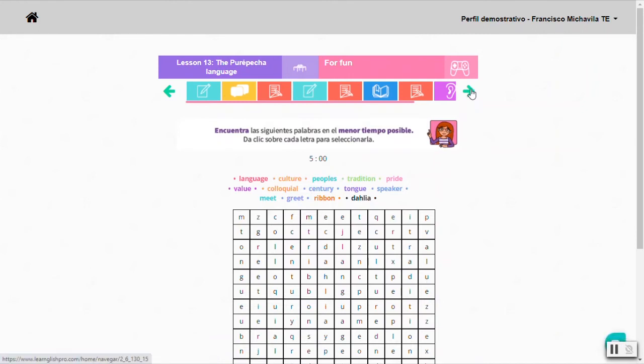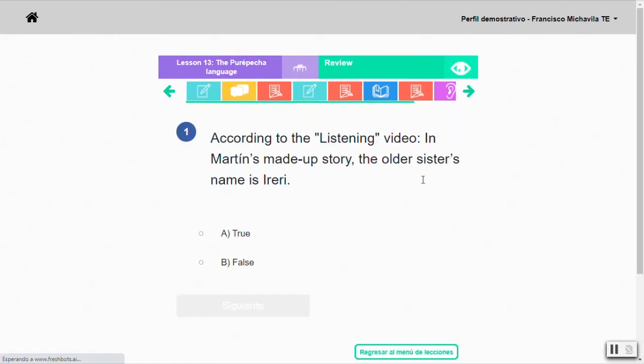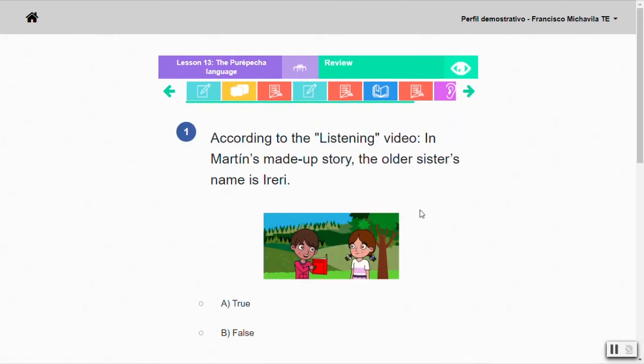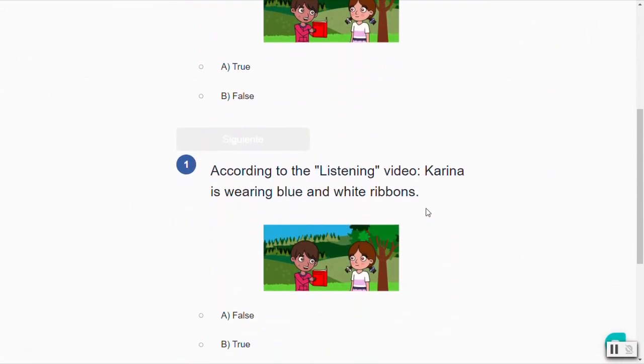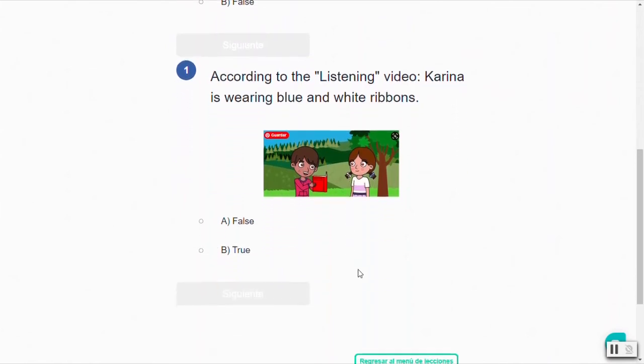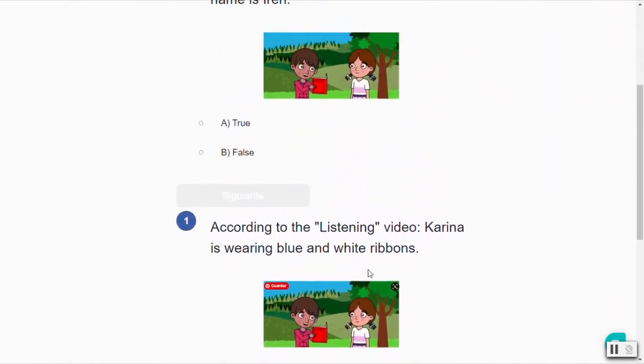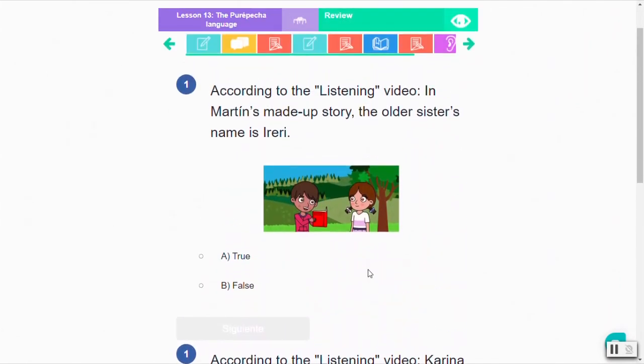Okay? What is important here is that all these different questions will have to be answered one by one if students want to advance, to go to the end. From 10 to 20 questions, which will help students realize how much they have learned from the lessons. So going back to the very beginning, what is important here is